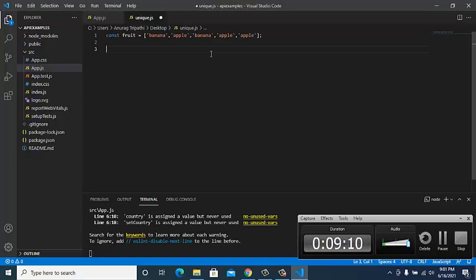To get those unique things, we have sets in ES6, which help us get the unique things from the data, from the array or from the objects. So I'll create a variable unique, and inside it I'll create the set. For creating a set, we write new Set, and in this set I'll pass that array. What it will do is remove all the duplicate data and keep only the unique data. So if I do console log of this unique,